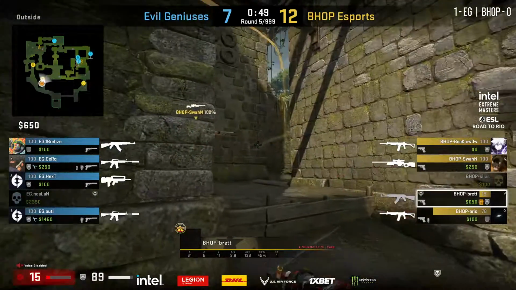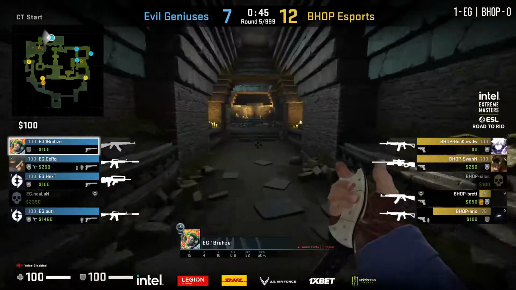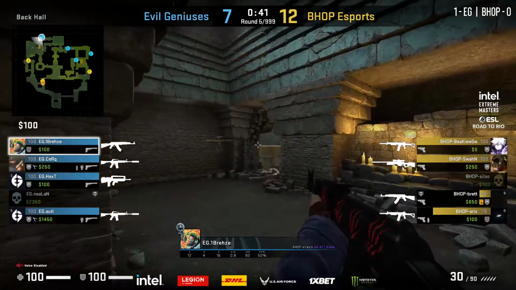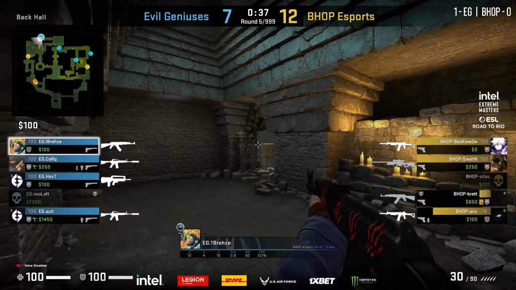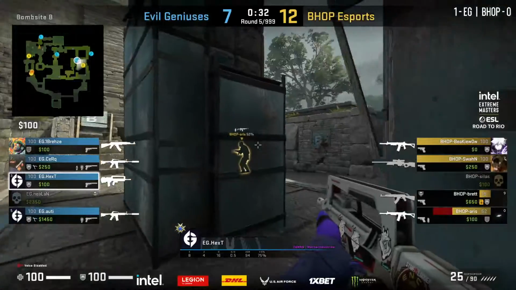Breeze playing a passive A-hold, 3 stack towards B, and nobody at all in middle from the CT side. The utility on EG is also run quite dry. 2 flashes and a Molotov. Contrast that to a smoke over on BHOP. It seems like a load, but